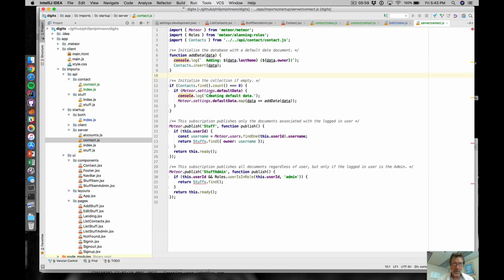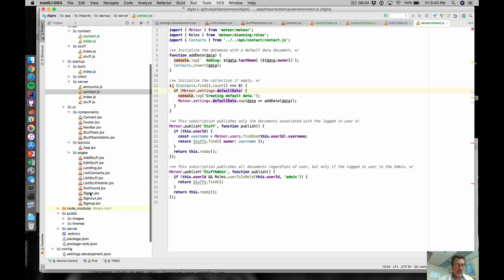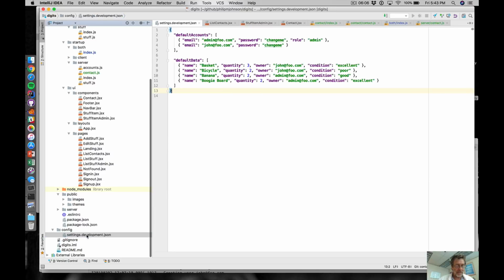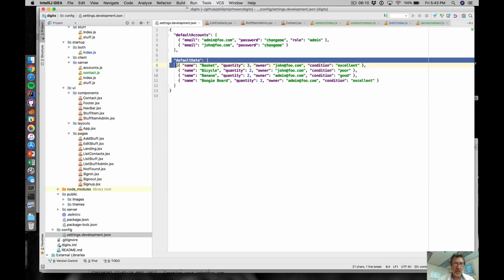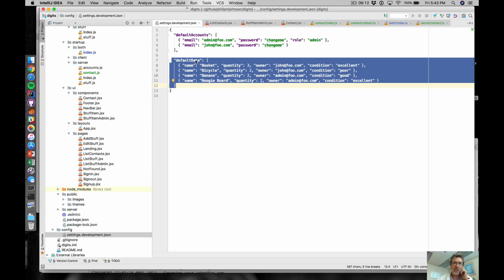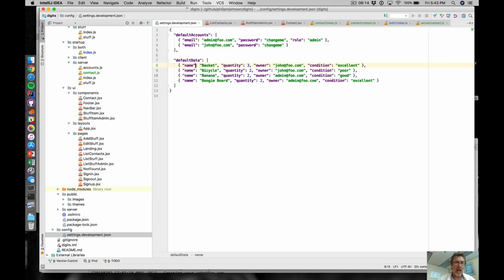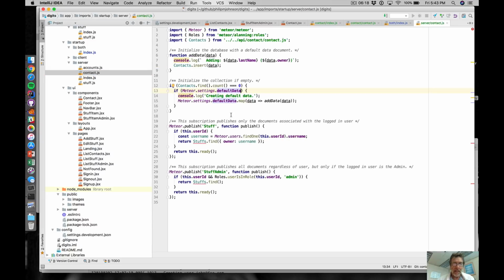And then we'll say if contacts.find.count equals 0, then if Meteor setting, and then we're going to define a new field here. So skipping ahead, we have this in the config development settings file, we have this default data. We're going to have a new one called default contacts. Okay? And so we'll say if this field exists, so we don't get like a null pointer error, if default contacts, creating default contacts,